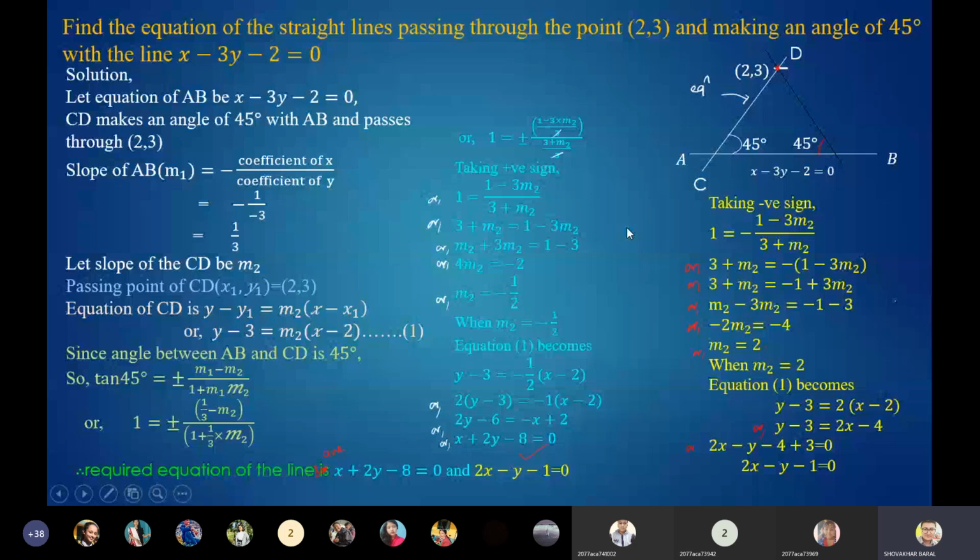So the basic step is almost same here. We have got the value of m1, we got the value of m2, we suppose the passing point, and we got the equation with m1, m2 and the passing point. It's already done, and we'll use the concept of the angle between the two lines to find the value of m2. Since m1 is already given there, we'll find the value of m2.